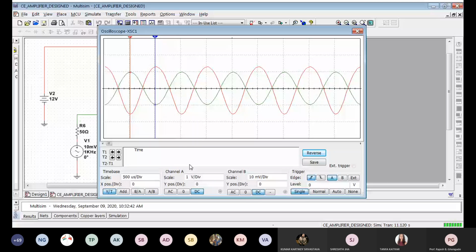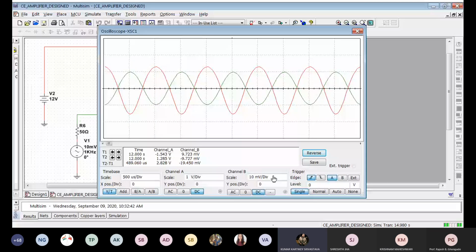This is the actual gain that we get. Remember, this is millivolts. The scale here is millivolts. So 2 divisions correspond to 20 millivolts. Let us take 20 millivolts, doesn't matter, that simplifies the matter. So 2.82 divided by 20, how much is the gain? Yes, so roughly 140, let us say 141, 142, okay?